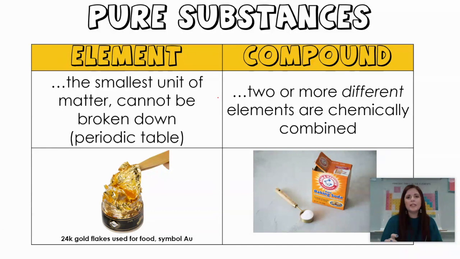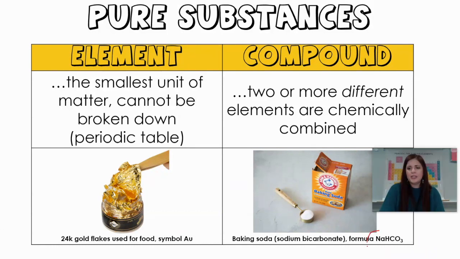And this one is the trickiest for me to come up with examples for. And there's a giveaway for these. Normally you'll know if something is a compound because I'm going to do something very specific: I will actually give you the formula. So let me move my picture here so you can see, but there it is. Here I gave you the formula because otherwise you wouldn't really know what elements make up baking